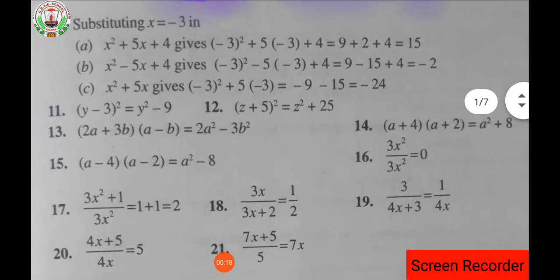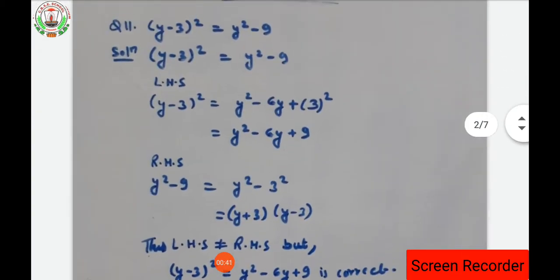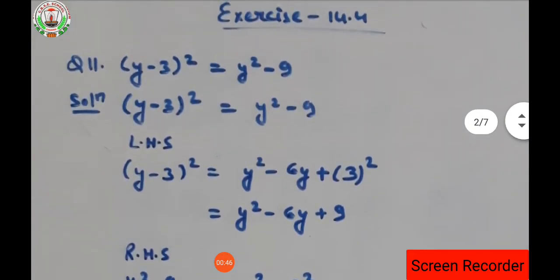In these questions it is asked for the error. You have to find out the mathematical error as well as the correct statement, as we have done already from question number 1 to 10. So in the same way we are going to solve this also from 11 to 21. Clear? Now let's see one by one the solutions of the questions of 14.4. Since this is the last exercise of chapter number 14, this video will complete it. So here is exercise 14.4 question number 11.